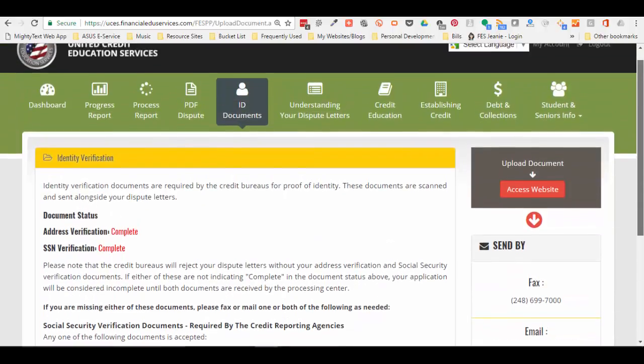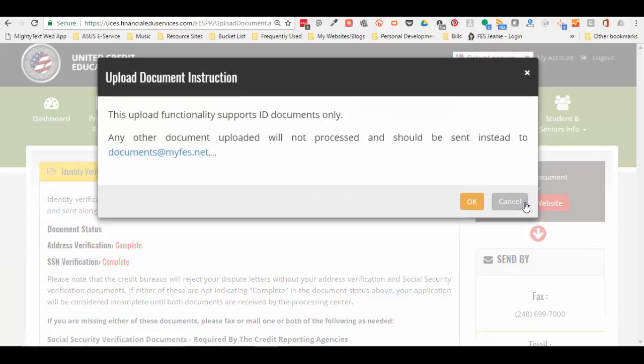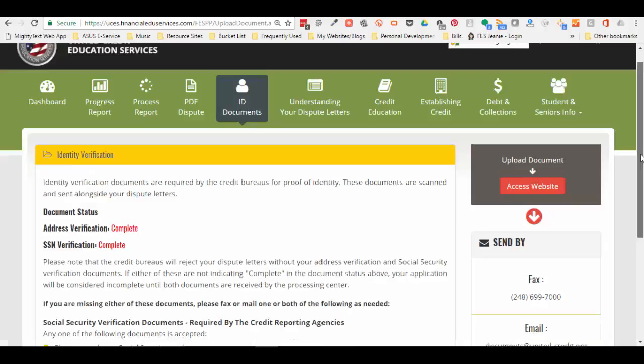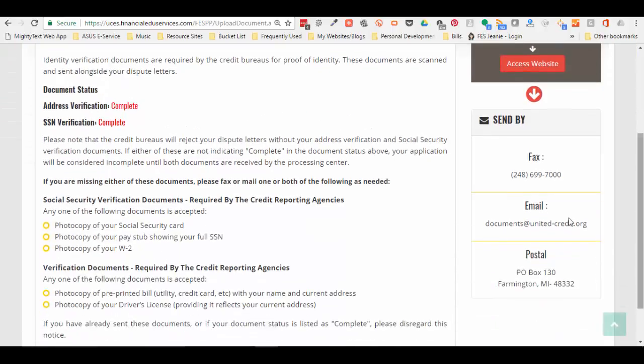Now, if you have those documents on your hard drive, or if you put them onto your hard drive, you can upload those by simply selecting Access Website and then follow the instructions as they come up. So once you've sent your documents up through email, an easy way to do that is to simply take a picture with your smartphone of your driver's license if it has your current address on it, and your Social Security card, or one of the documents that you select here from the list. Take a picture with your smartphone, and then you can email that directly to